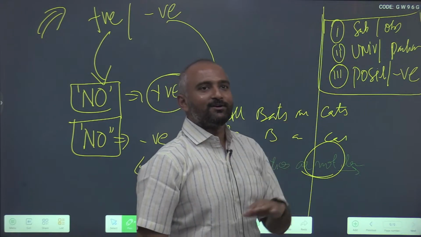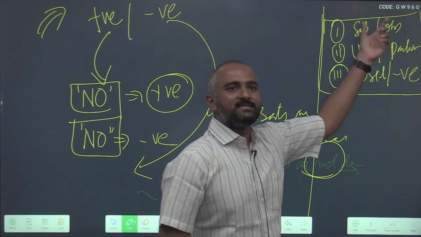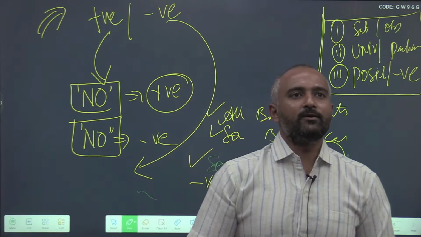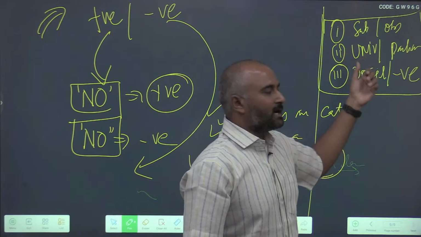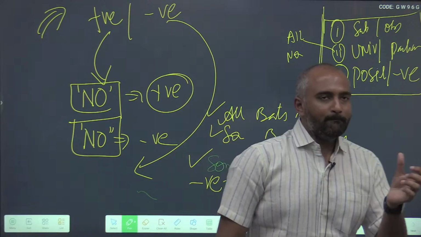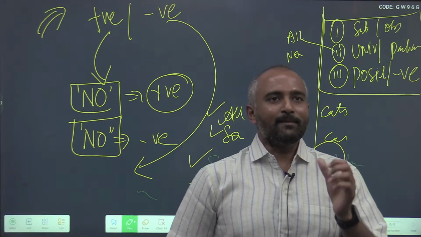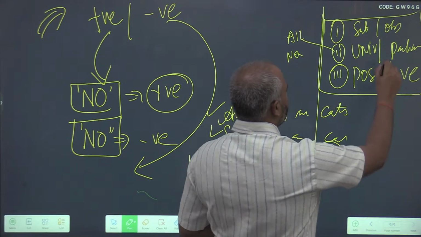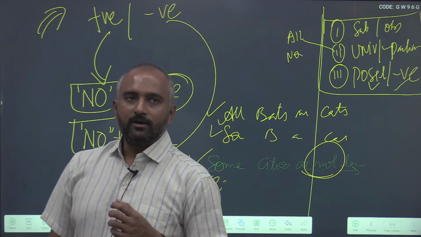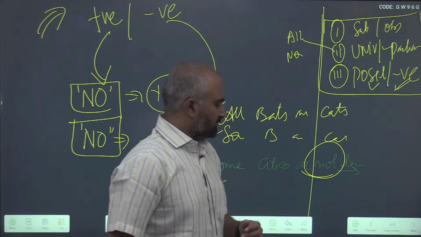Once you learn this, your syllogism is done. Subject and object: subject is the doer of the action, object is the receiver of the action. Next, universal: if the whole group is included in your information, that comes under universal. Universal are all and none. Particular: if you are referring to some part of the group, some or some not. One more heuristic is, if some is included, it is always particular. Next, positive and negative is intuitive. If there is no negation term, like not, it is positive. Otherwise, it is negative.